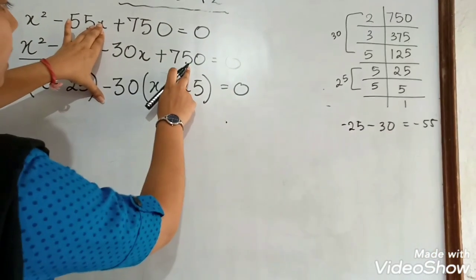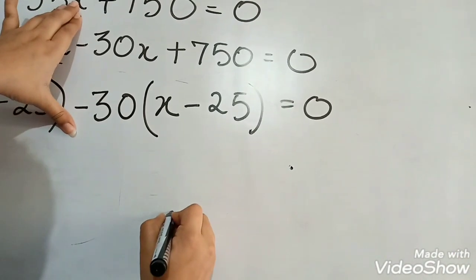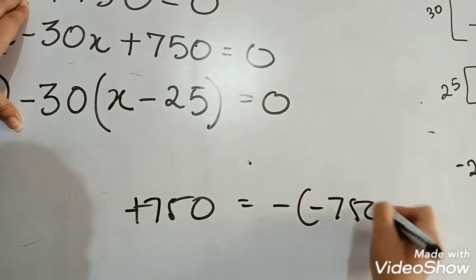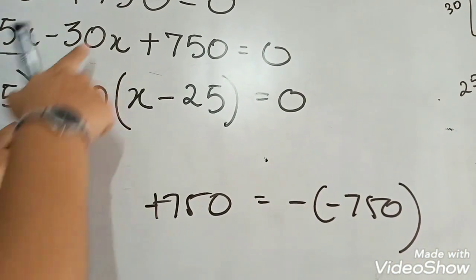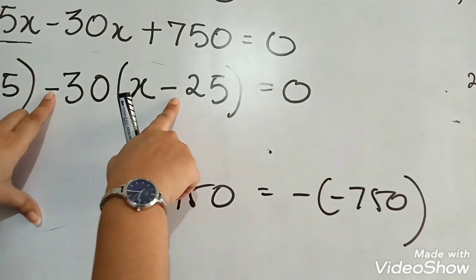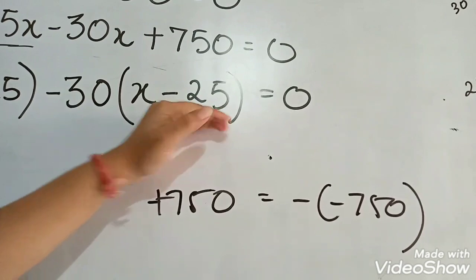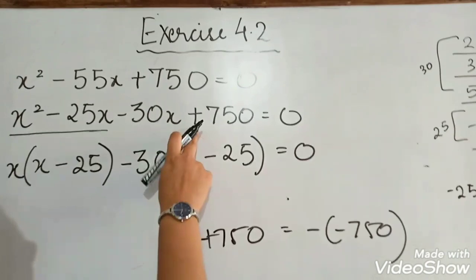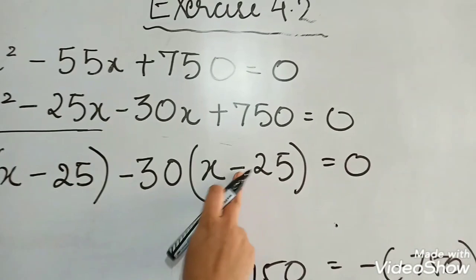Now children, understand this concept of minus. This is plus 750, and over here I have written minus 25. How? See children, what I told you before also, this plus 750, I can write it as minus of minus 750 also, isn't it? Now from this minus 30x, I am going to take minus 30 common. Now if I have taken out minus common, what will be left over here? Minus sign will be left over here. So that is why this will be minus 30x minus of 25. Or if we want to put it in simple language, from this plus we have taken out 1 minus common. So what are we left with? Minus. 1 minus we are left with.